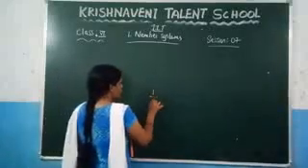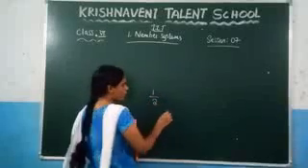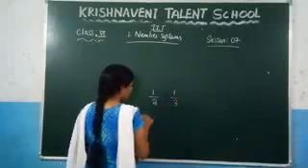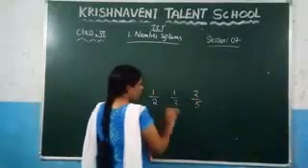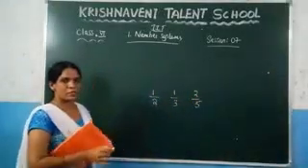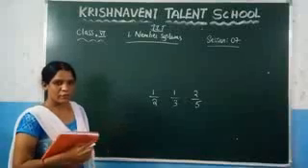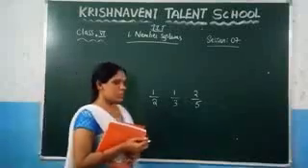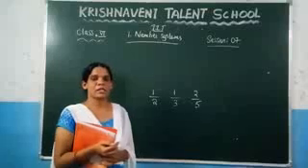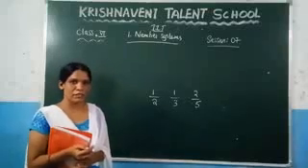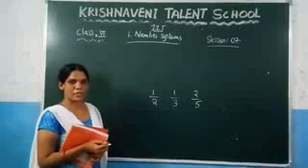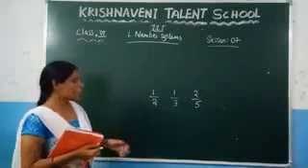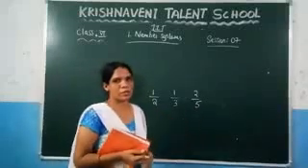So 1 by 2, 2 is a whole number, right? And similarly 1 by 3. And after that 2 by 5. These are all examples of the vulgar fraction. So, what is the meaning of the vulgar fraction? A fraction whose denominator is a whole number. Such types of fractions we call vulgar fractions. These are the examples of the vulgar fractions, because here you can observe that the denominators are whole numbers.